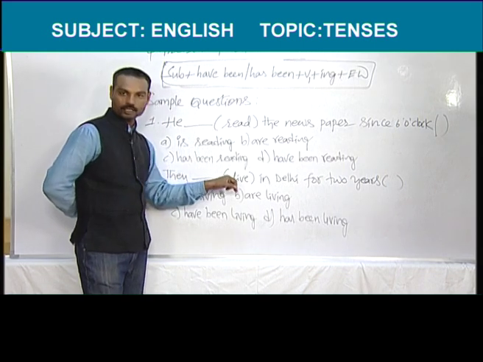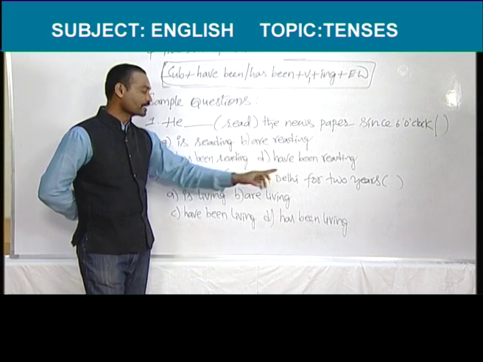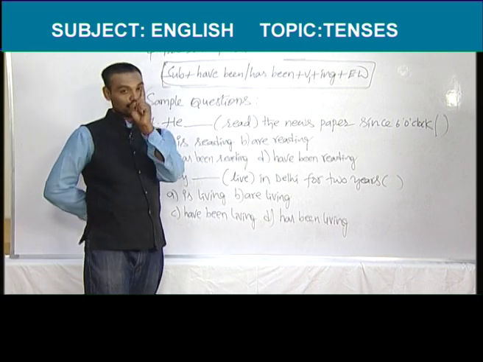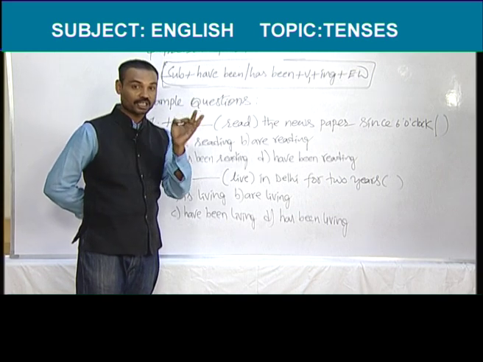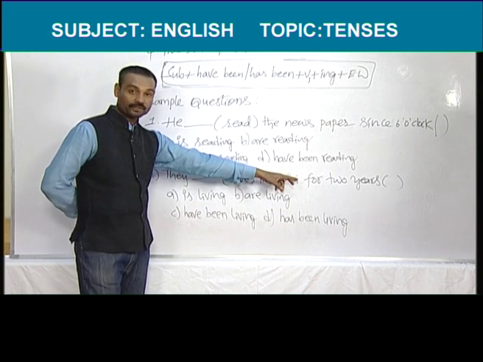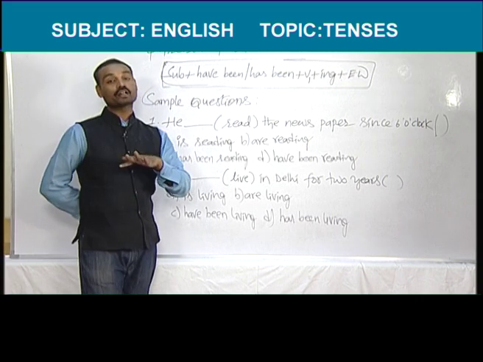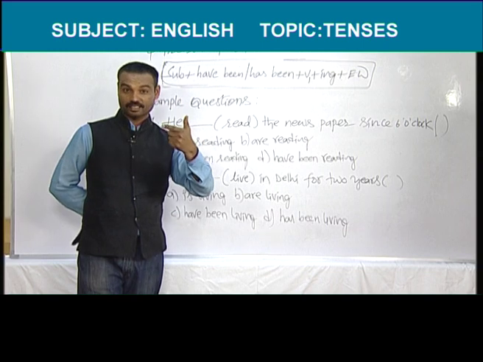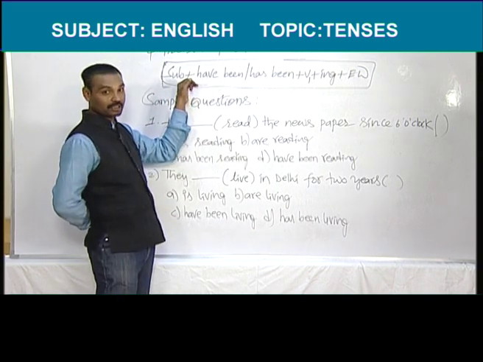They dash, under the bracket there is a verb, that is live in Delhi for 2 years. For, this is the keyword. Whenever you see this keyword, you should know that this sentence has been given from present perfect continuous tense. Okay. After knowing the name of the tense, what should you do, dear friends? You should come to the subject. After coming to the subject, what should you do? You should remind the frame of this tense. In this tense, what is the frame? This is the frame of this tense.